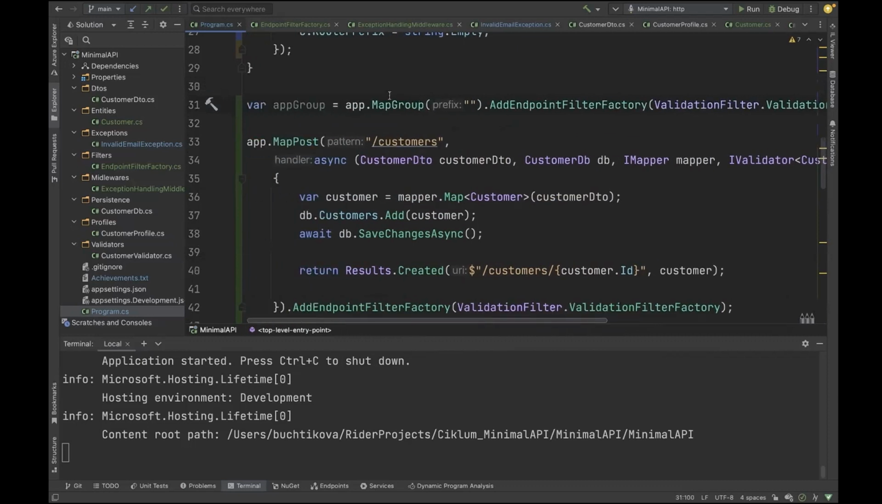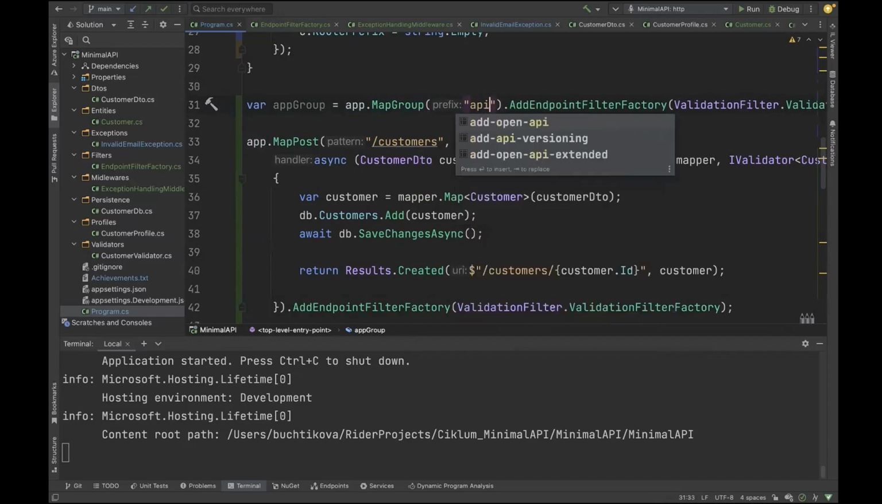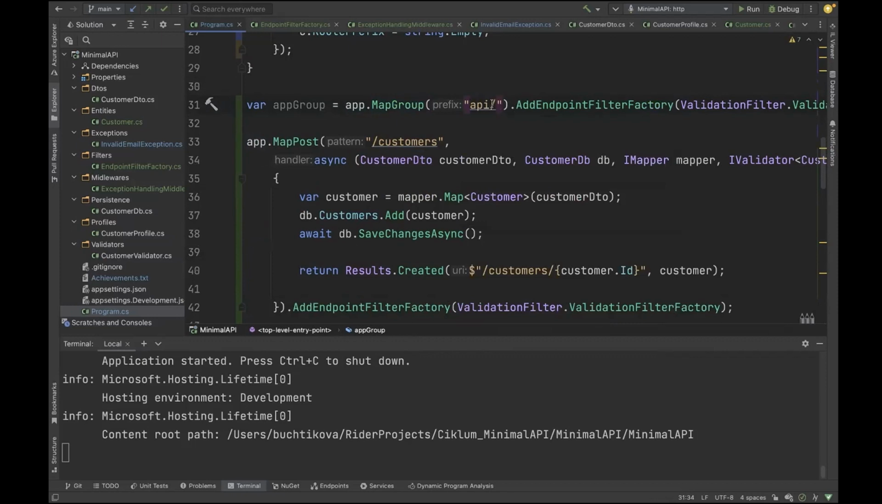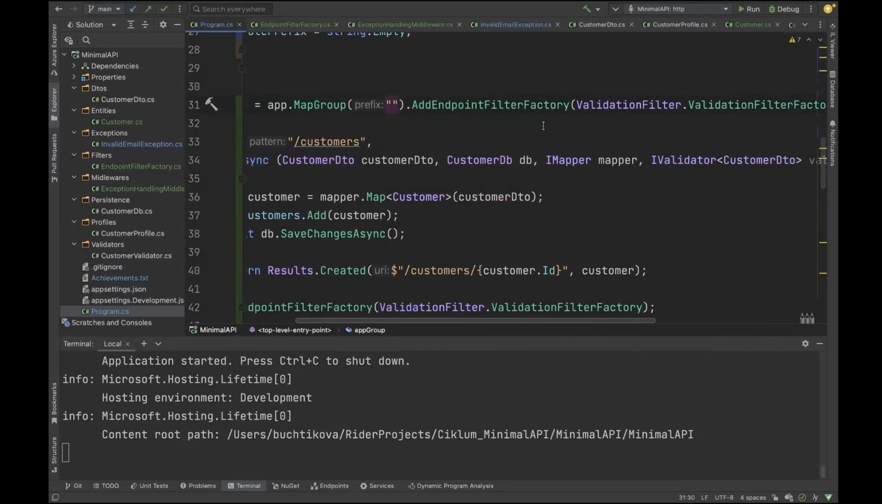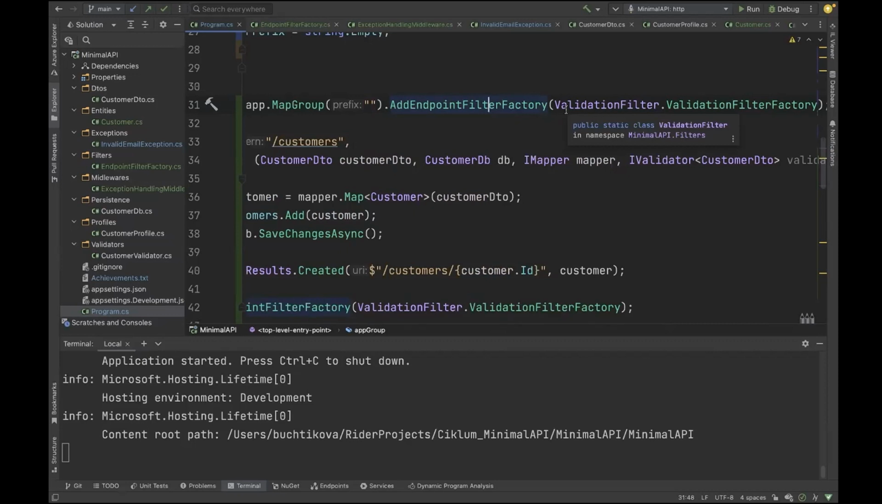It is a feature in minimal API. So what we are saying is that we want to group some endpoints. We just specify that we want to create a map group. We can specify a prefix. I'm not adding any prefix now, but if you, for example, want to have an API before, then if you use it this way, it will add this API in the route pattern for all endpoints. And we can specify that we want to use this endpoint filter factory,